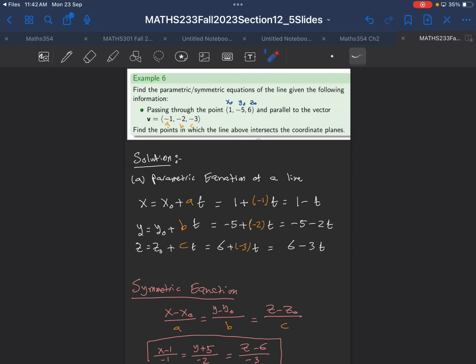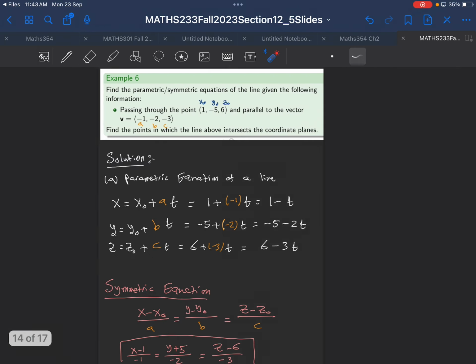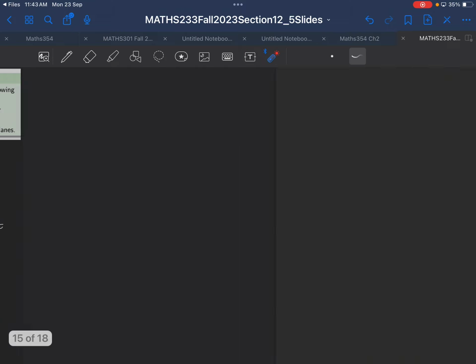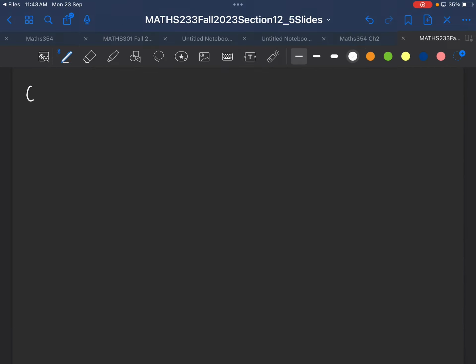Okay, now let's go to part B. And as I told you, in part B, we need to find the intersection between this line with the 3 coordinate planes. So we have to solve this equation 3 times. The first one will be the intersection with, here part B. First, the intersection